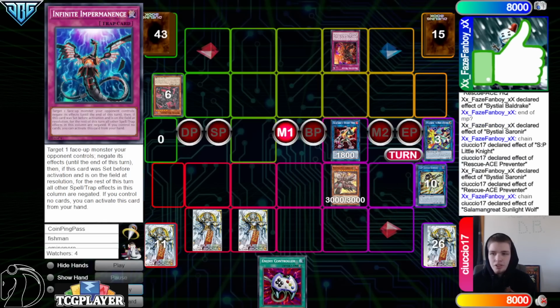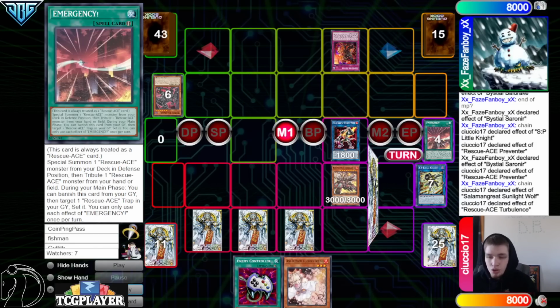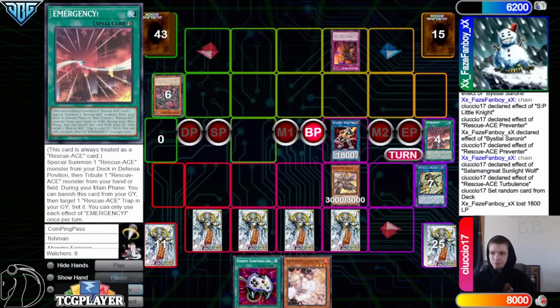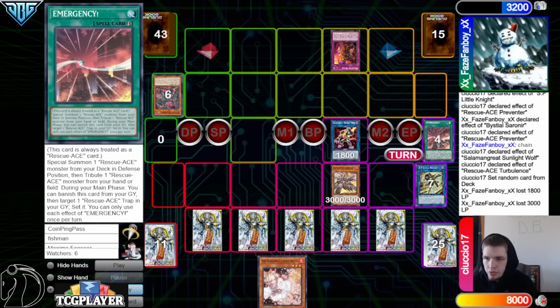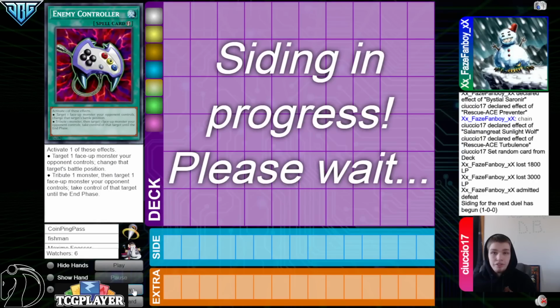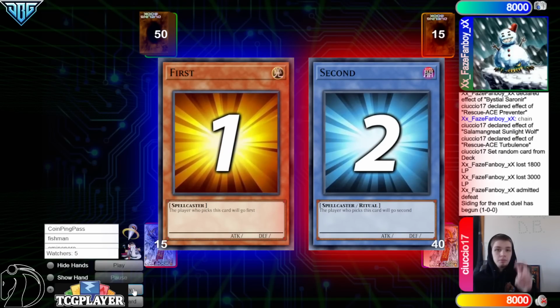And then summon, Sunlight Wolf effect, add back Ash Blossom. And then Emergency to set Extinguish, Turbulence to set Emergency from the deck. Battle phase, attack for 18, 3000. And then main phase 2, set Econ, and then just pass turn. So they draw a Book of Eclipse for turn, they admit defeat, and then moving on into game number 2,